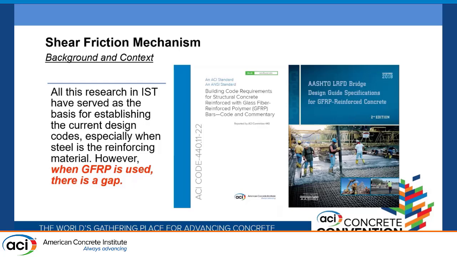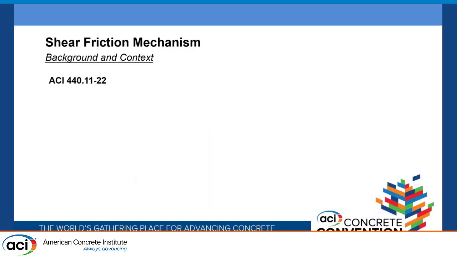Okay, so here we have two important codes and guidelines in the United States regarding the design of reinforced concrete structures using GFRP reinforcement: the ACI 440.11 version 2022, and the AASHTO BDS guideline for GFRP reinforced concrete, the second edition. And both documents refer to the shear friction mechanism in this way. So the first one, the ACI